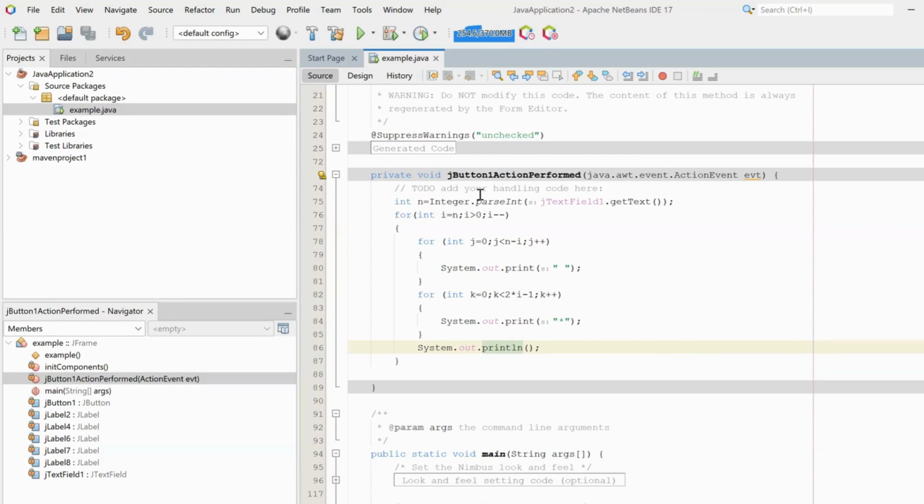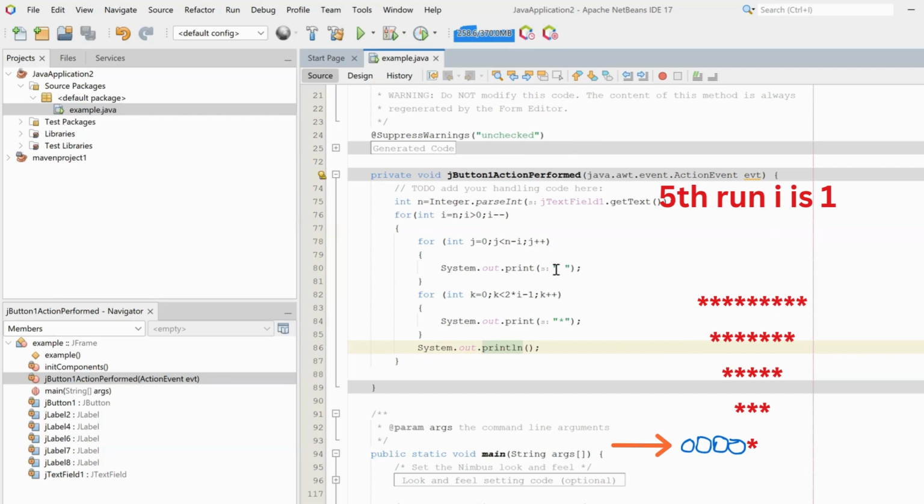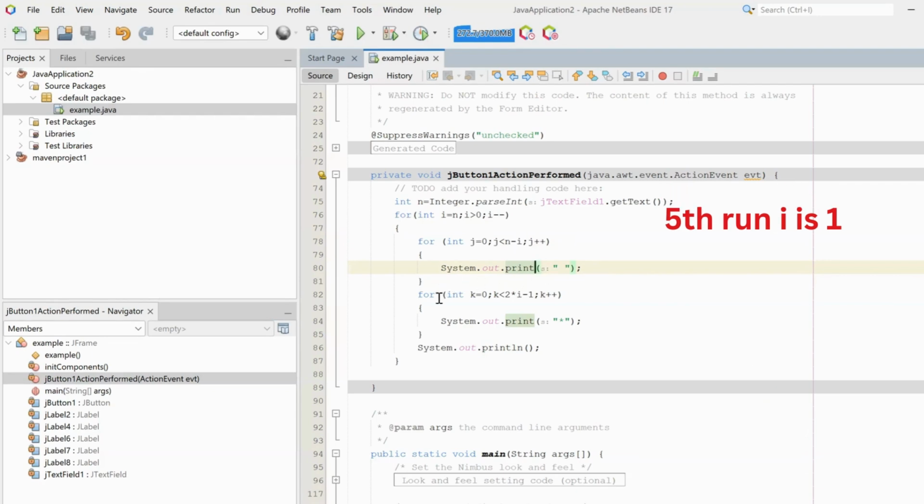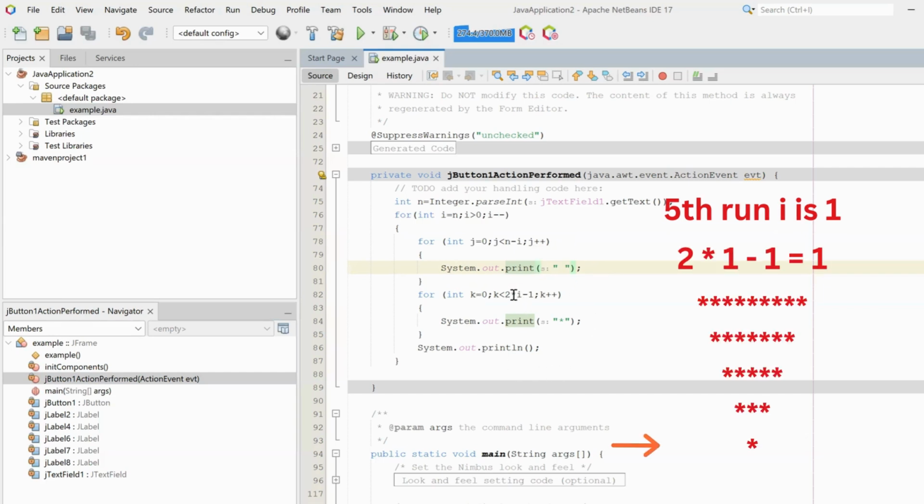And that is the last loop. The last loop is 1, 2 minus minus, which is 1. The i value is 1. And 5 minus 1 is 4. That's the reason it will print 4 blank spaces. Okay, that means this loop will run 4 times and will print the blank spaces in the same line only. Why the same line? Because we have not used ln here. Okay, and after finishing the loops, it will come to the next loop, and then here it will be 1. 2 multiplied by 1 is 2 only. 2 minus 1 is 1. And 1 star will be printed.